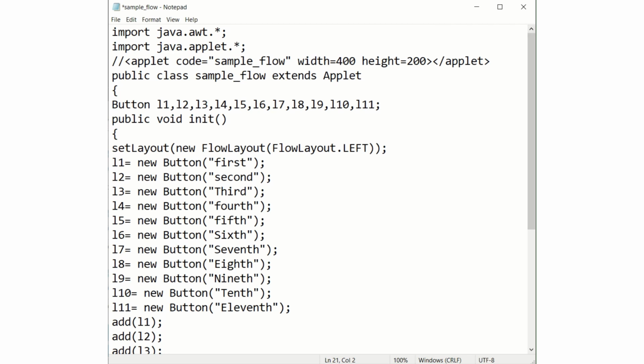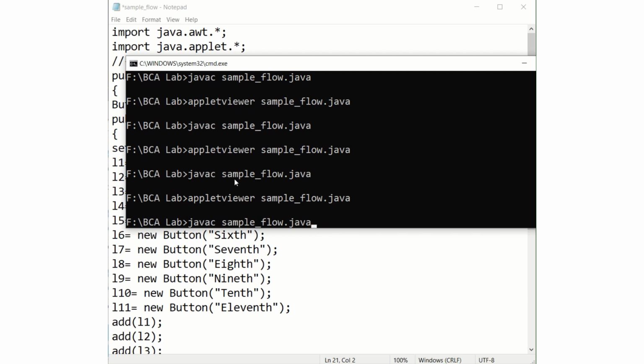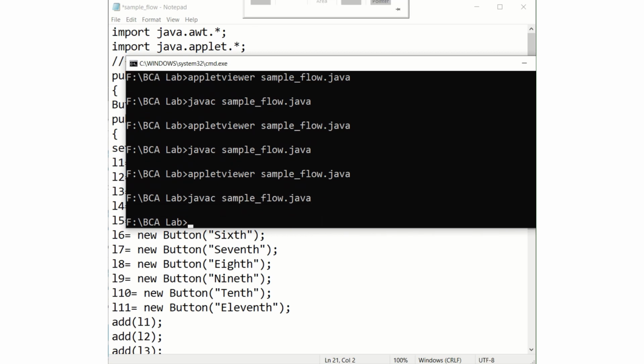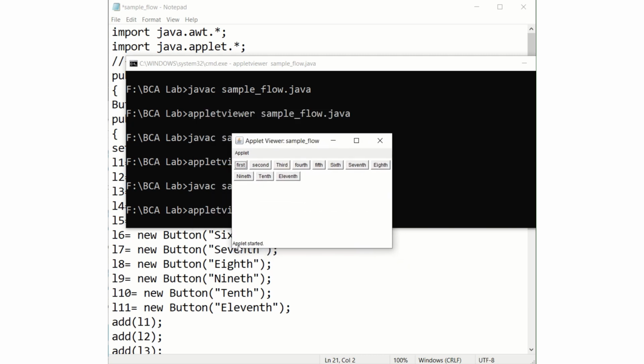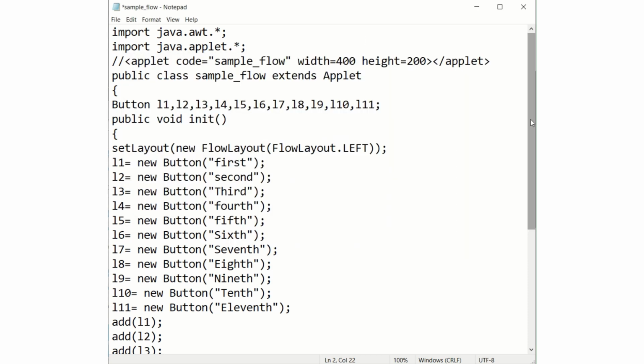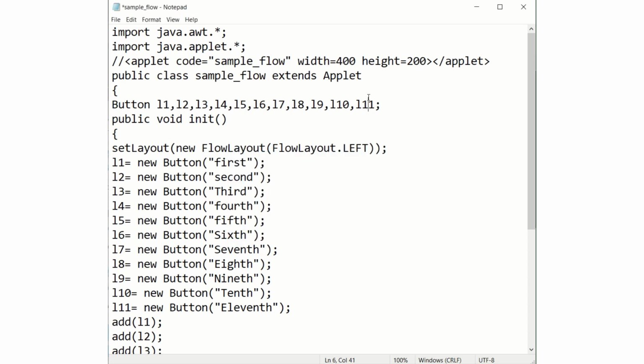Now we compile this program, then run this program with appletviewer and the class name, sampleflow.java. The applet window is open. The orientation is FlowLayout.LEFT, so the AWT components are displayed in the applet window from left to right. If you try to change this orientation, for example to right,